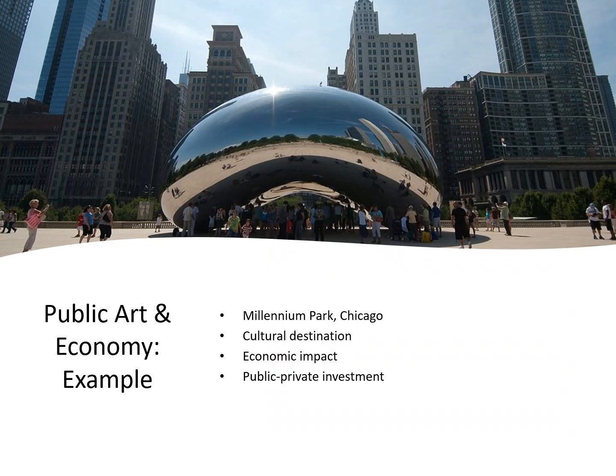Millennium Park in Chicago is a landmark example of public art's economic impact. Anchored by works like Anish Kapoor's Cloud Gate and Jaume Plensa's Crown Fountain, the park transformed the city's global image. What's remarkable is how drastically projections underestimated its success. Visitor numbers and economic impact exceeded expectations by orders of magnitude. The park spurred real estate development, tourism, and long-term investment.